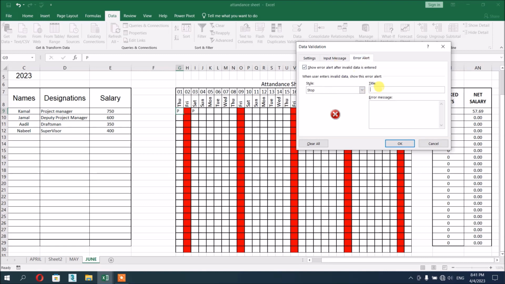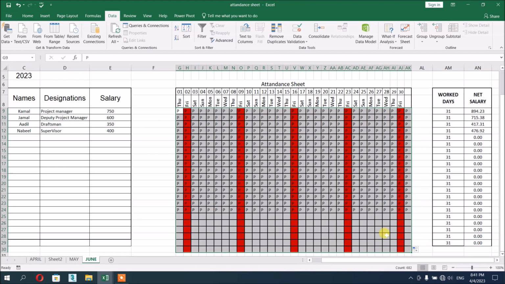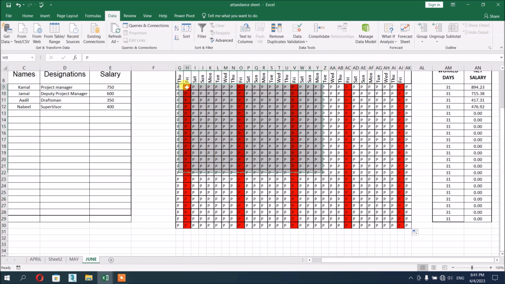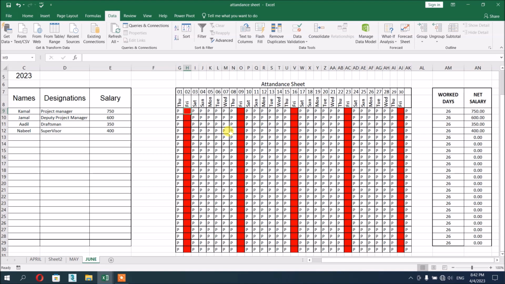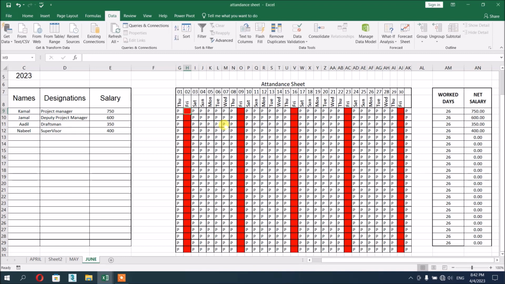Then go to this, where you can write in the title, invalid, whatever message you want to show. If they mistakenly write in this cell, Friday is off day, so I write here, and then okay. Then copy this, and you see whatever we have here, we will delete all of these things. Then if you write anything here, it will not be accepted. See, this message comes. So this is data validation. We can restrict our value by